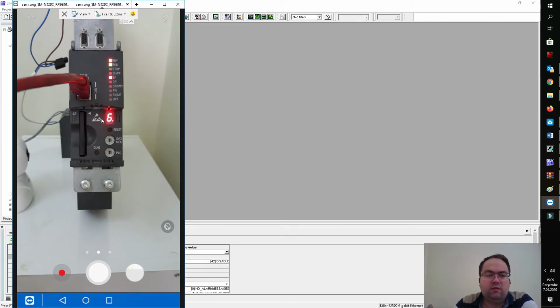I just connected my Ethernet cable on the service port X127. Let's see what will happen when you hit the diagnostic button.